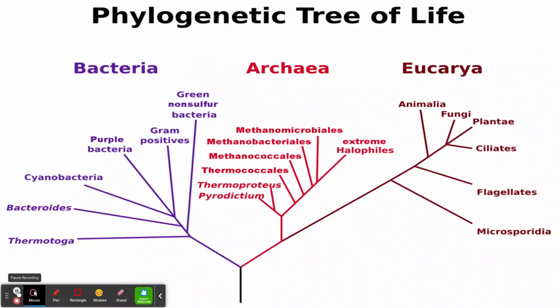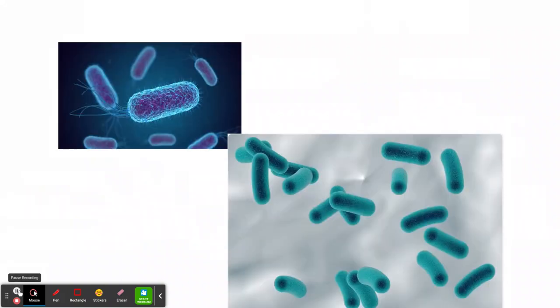So here's the three domain system. We have the bacteria, as you can see, the archaea, and we have what we are, eukaryotes. The eukarya system, we're eukaryotic, we have a nucleus. Bacteria and archaea do not have a nucleus. And good luck trying to tell them apart. So they're both single-celled, they don't have a nucleus, they're prokaryotic, they're microorganisms with asexual growth, similar size, but there is a difference, and we'll look at those differences.